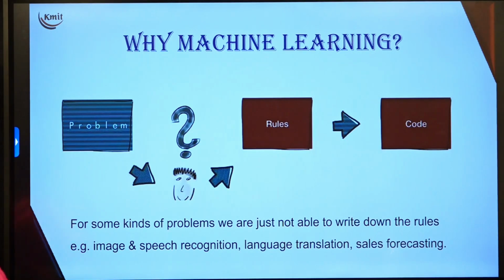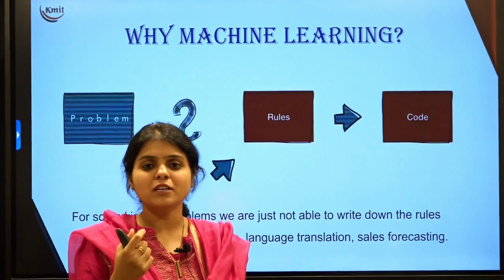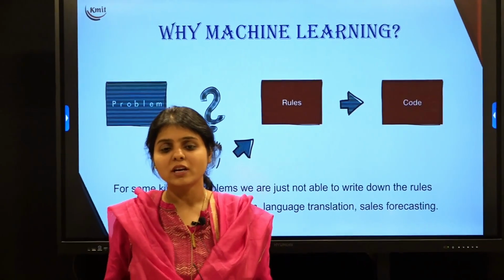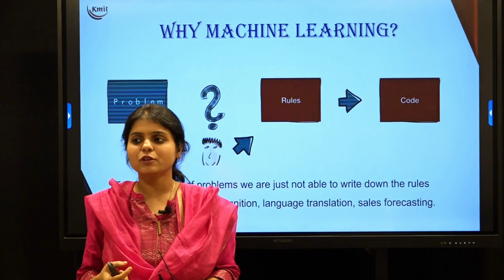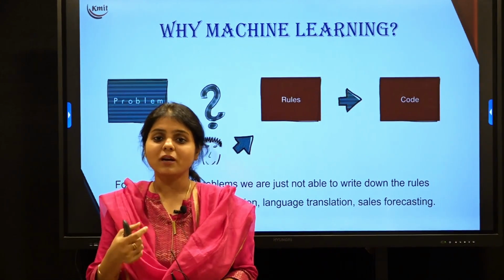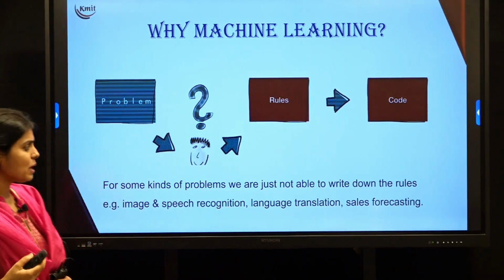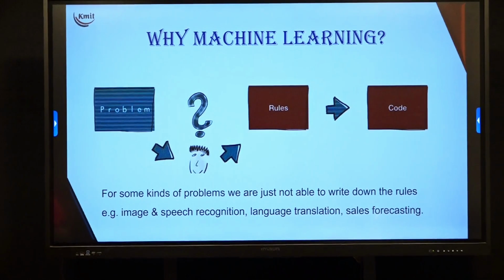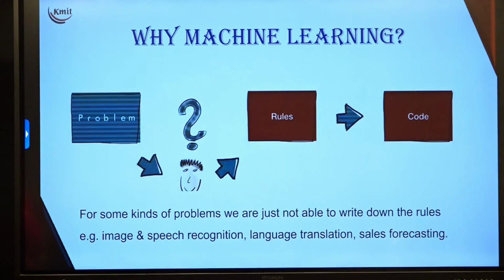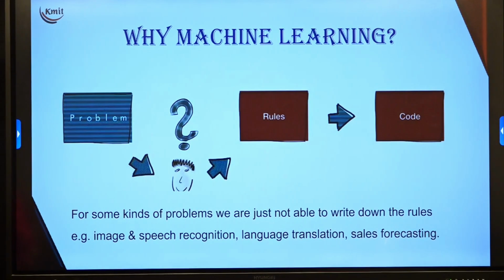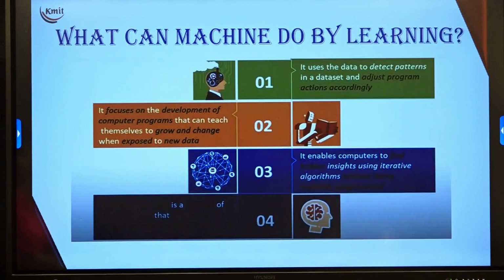Okay. So when we talk about machine learning, as we have seen in the example of identifying a picture of a person out of 100 images. When we talk about traditional programming, it is very difficult for us to identify the features of a person by writing the rules or instructions for that particular person. There are some real-time applications like image processing, speech recognition, language translation, where traditional programming methods would not solve the problem of image recognition, language translation or sales forecasting. So for this reason, where traditional programming doesn't work, we go for machine learning.